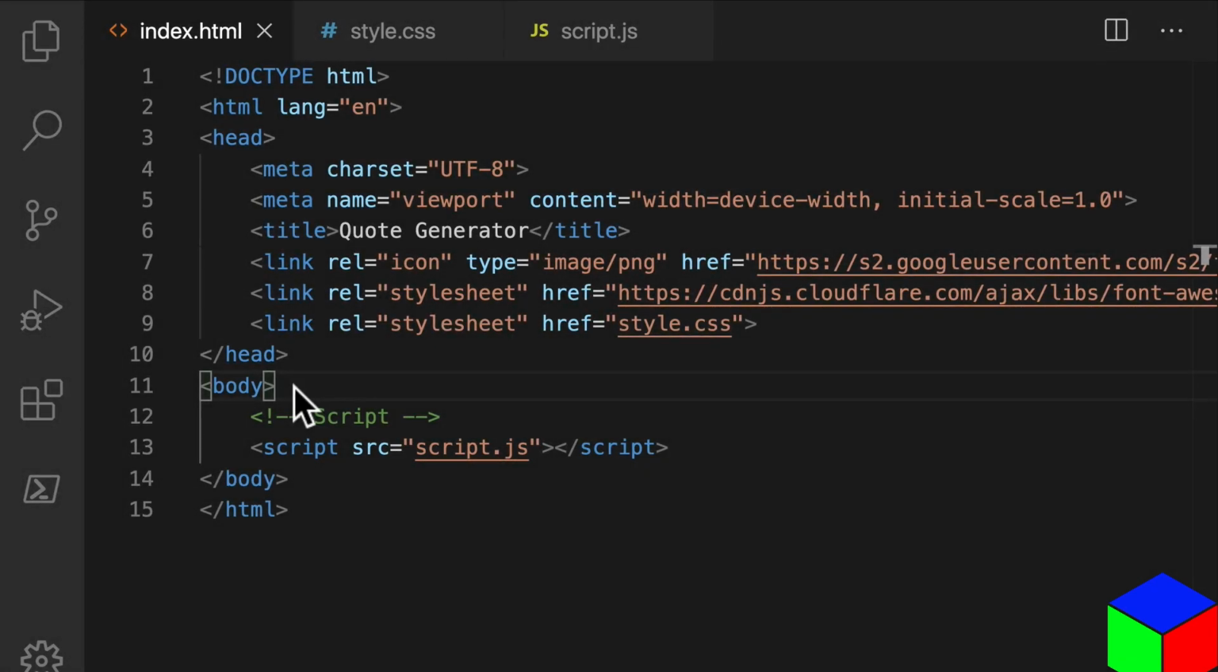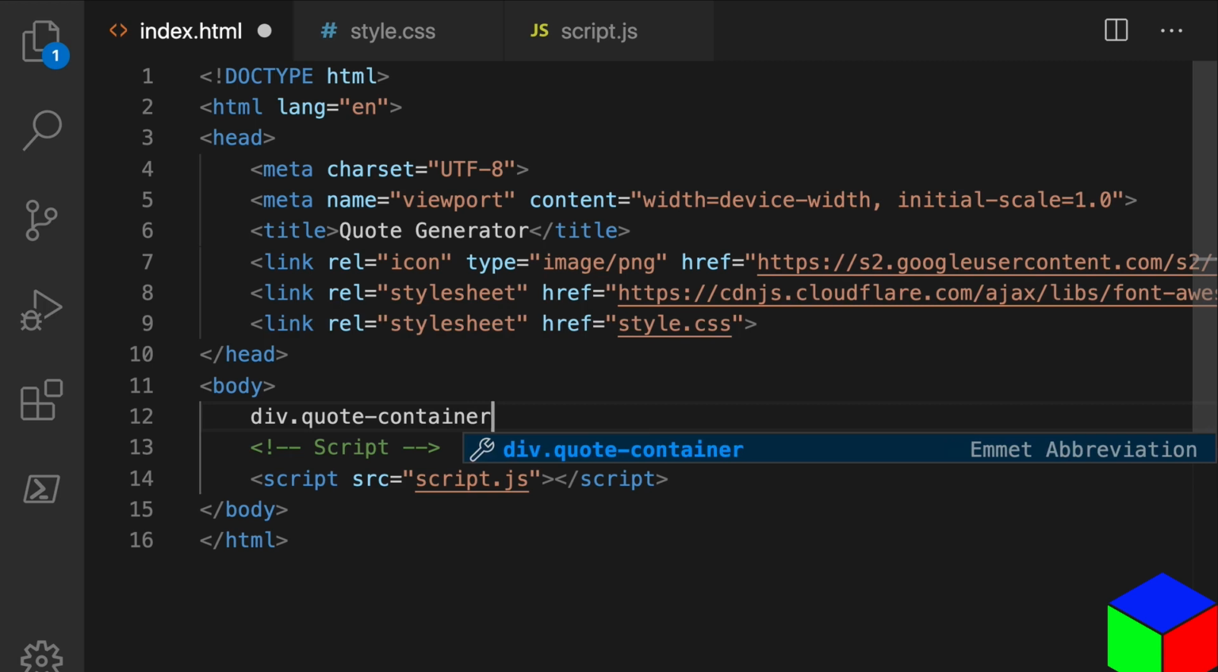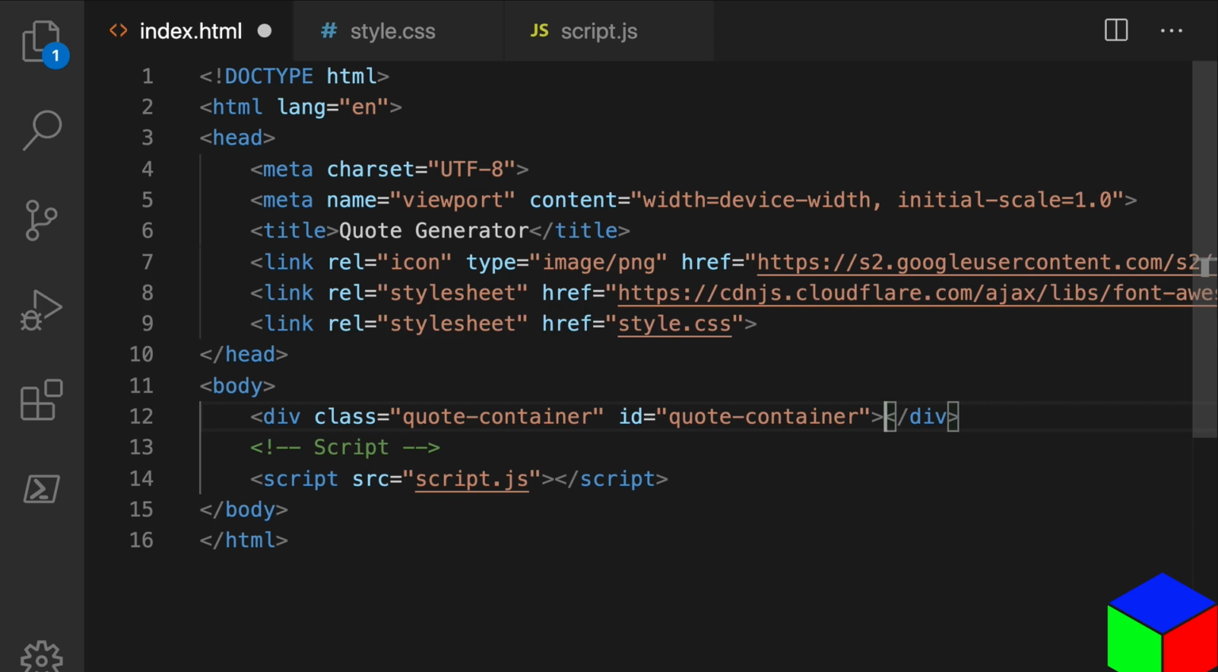Alrighty, welcome back. So, in this video, we're going to get started on creating the HTML for our quote container, as well as all the elements inside of it. Alright, let's get started. So, we're going to use our Emmet abbreviations to speed up this process. We can type out a div and then use a period to denote the class, in this case, quote container for our quote container. And then we can also do a hashtag for adding an ID. In this case, it's also going to be quote container, and we can press enter, and Emmet will do the